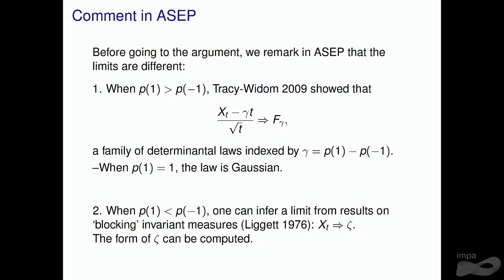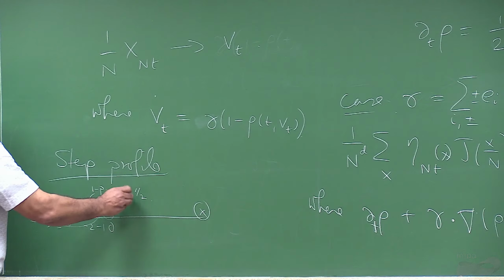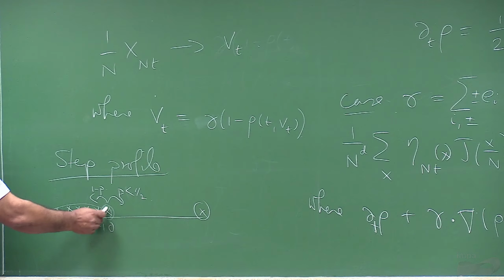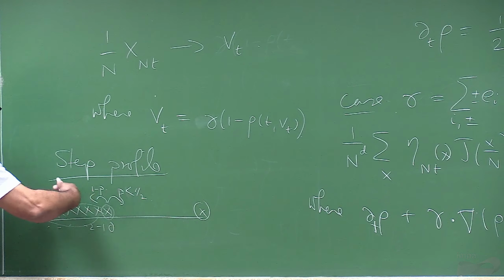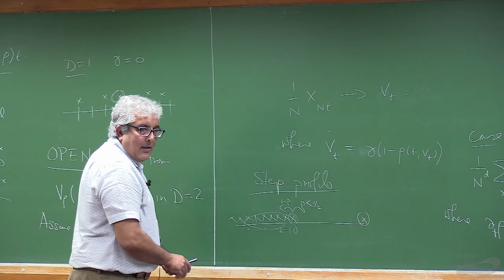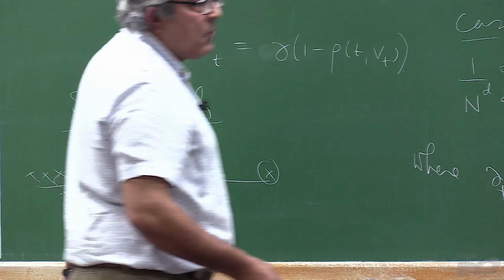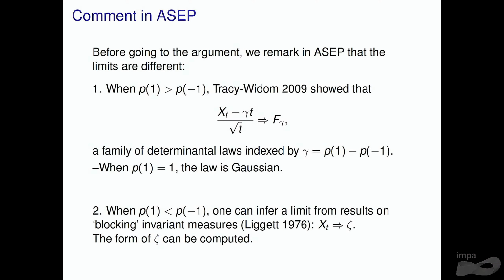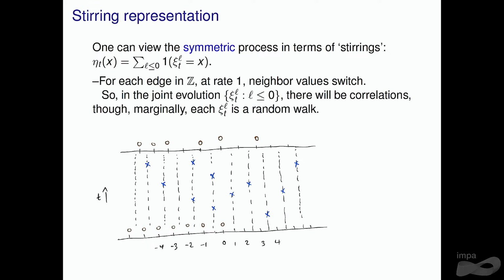Anyway, in this case, this is also a calculation which any of us can do. If you start from the step, but p is less than a half, then you may go a few steps, but then you really want to come back. So the displacement is order 1 without scaling, and one can actually compute this distribution. Okay, so getting back to the fair case,